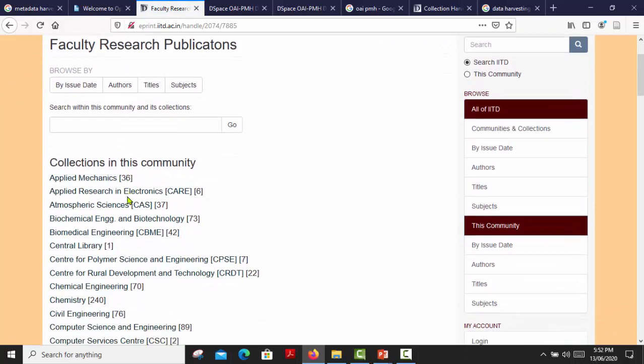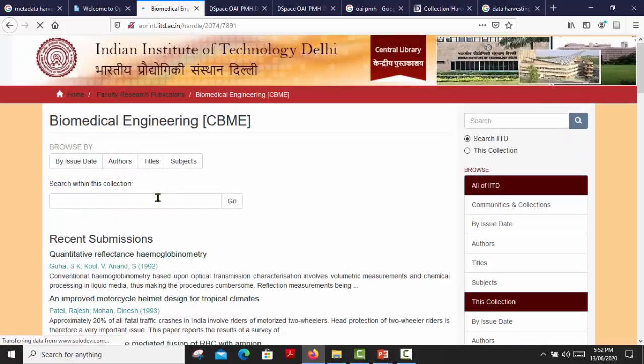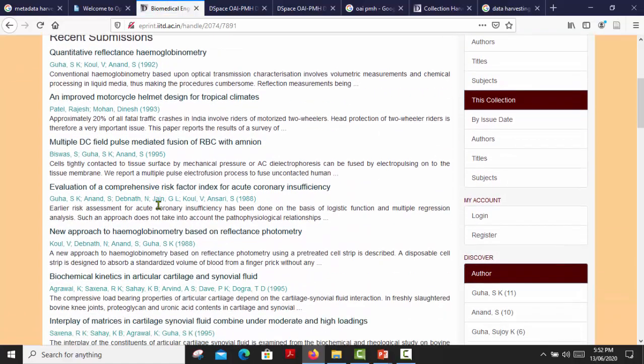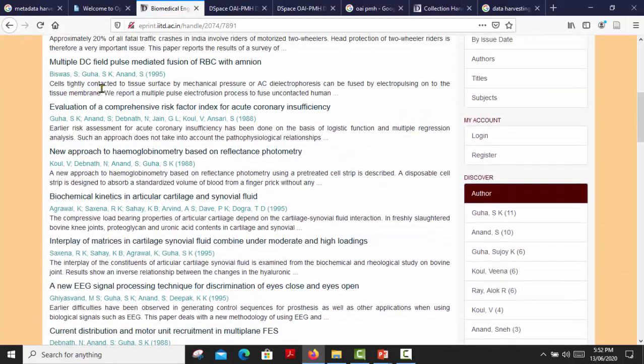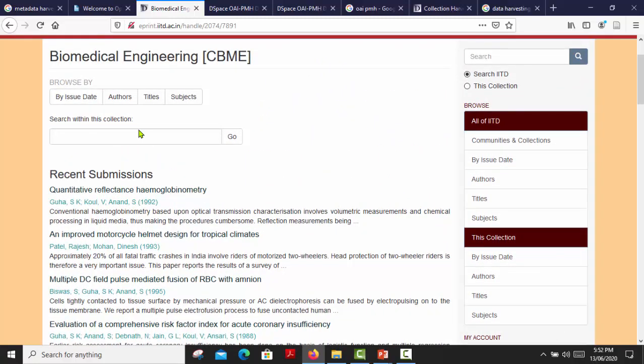Here I am selecting biomedical engineering. There are 42 items, and I want to harvest this content into my repository.